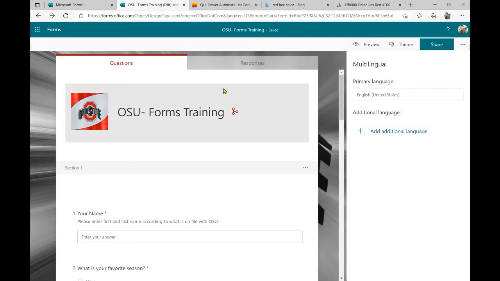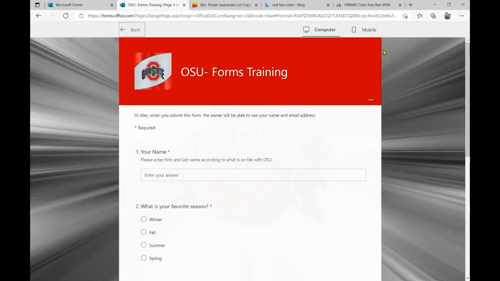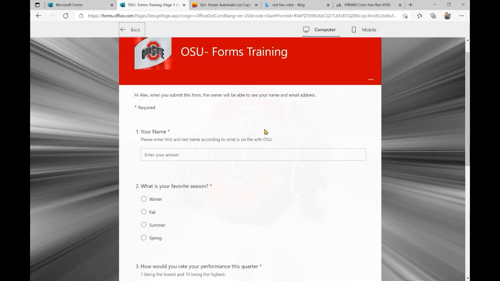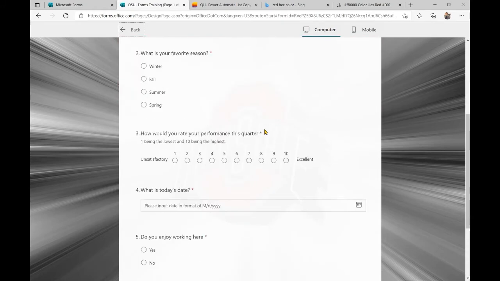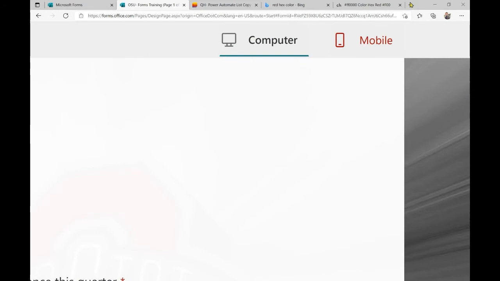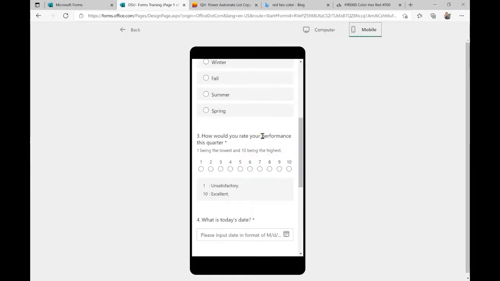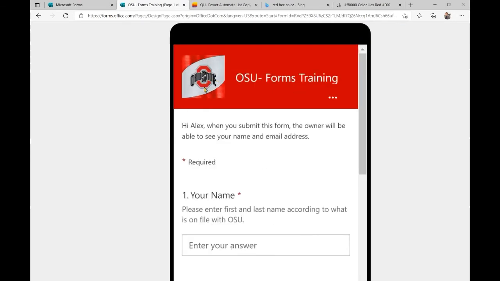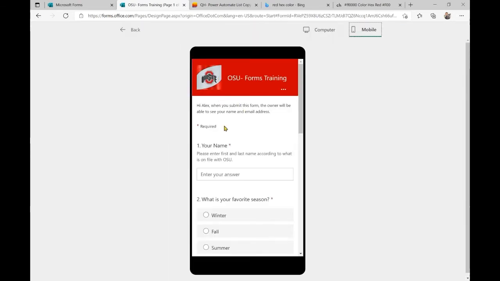All right. So let's go ahead and look at the preview and actually answer our form now. So preview, this is exactly what it looks like on a computer to someone that you sent this form to. If we come up here to where it says mobile, this is what it looks like on a mobile device. You will lose that background image, obviously, just because there's just not enough screen real estate, but you do still get the red banner or whatever color scheme you chose. And if you did add an image here at the top, it will appear there.